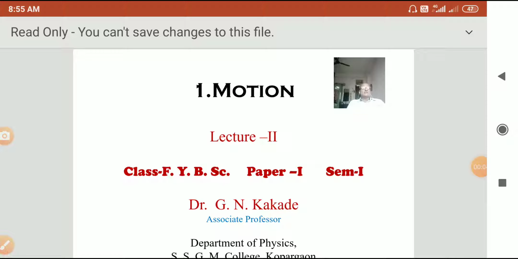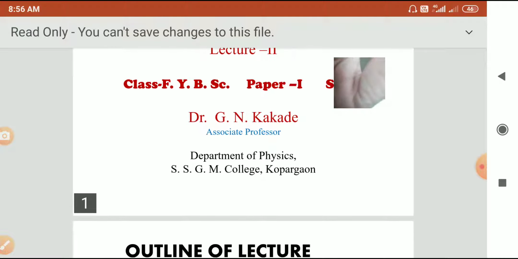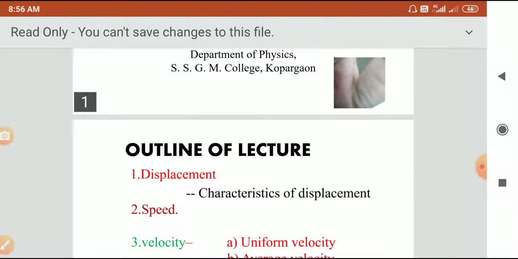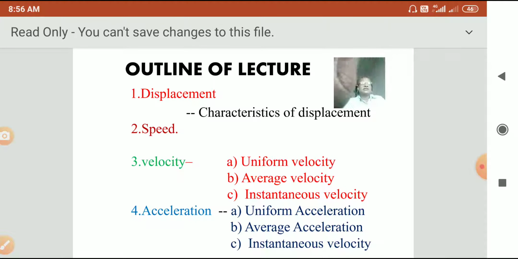In the last lecture, we have seen some of the basics regarding motion. Whenever there is a change in position, we could say that the particle is in motion. Now, this is my second lecture regarding this motion, and the outline of this lecture is like this: displacement,